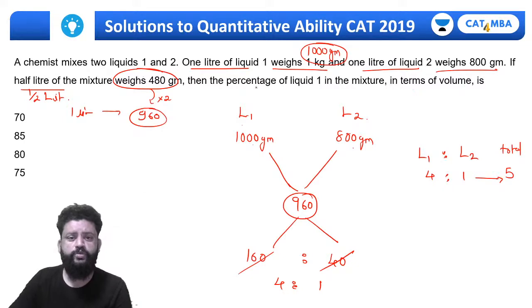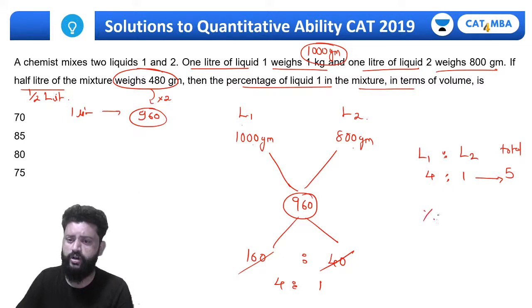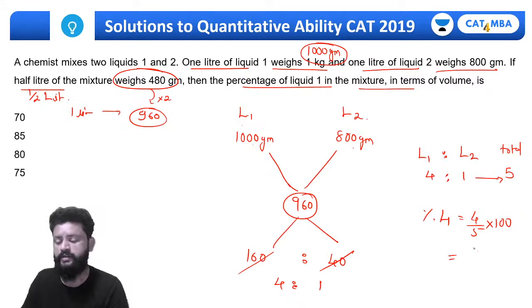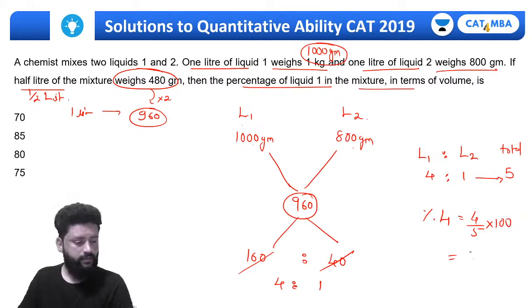right? And we are supposed to calculate the percentage of liquid 1 in the mixture. So percentage of L1 is 4 by 5 into 100. Percentage is always in comparison with the total. 4 by 5 into 100, that comes out to be